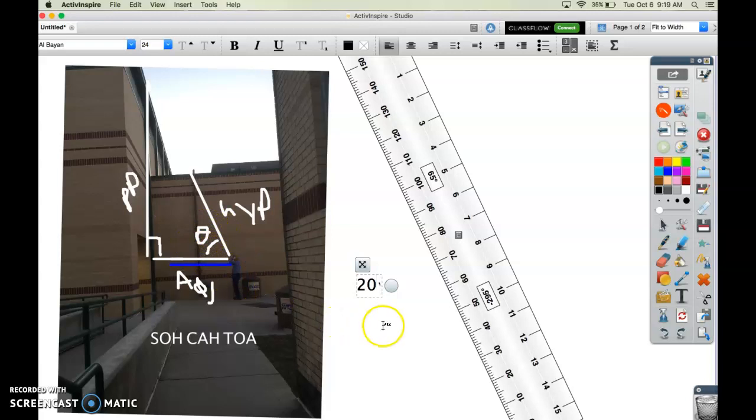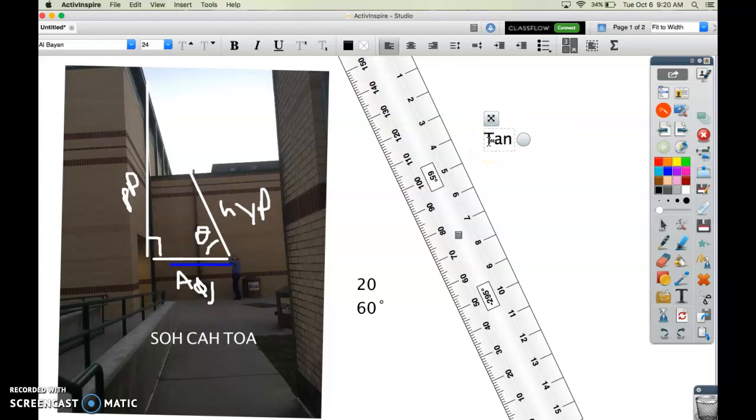If I measure it with my protractor, and I'm just making up an angle here, so let's say it was 60 degrees. All right, so we have 20 feet and 60 degrees. Now, knowing that, we can plug it into the formula. And the formula says